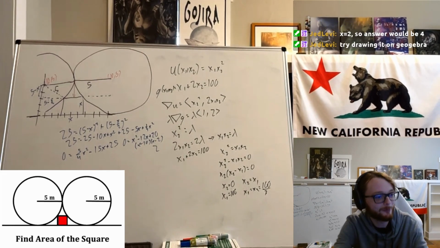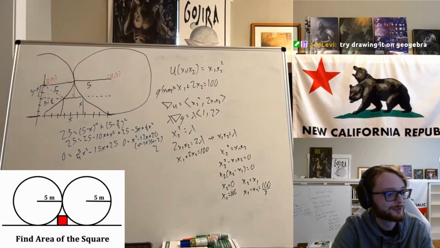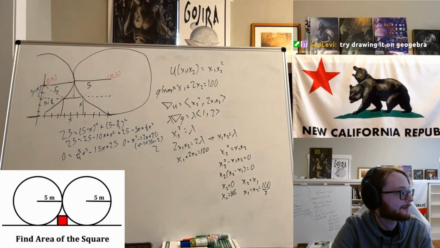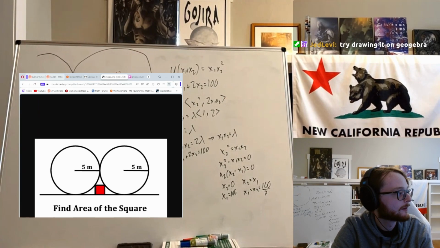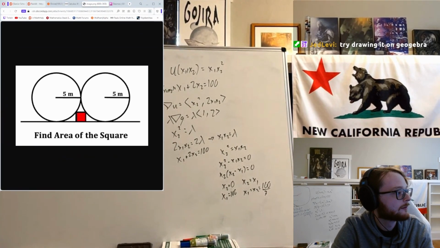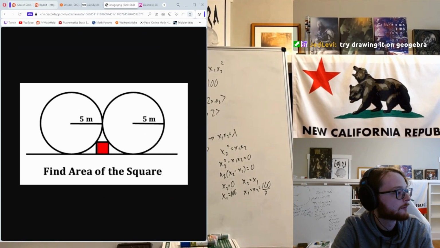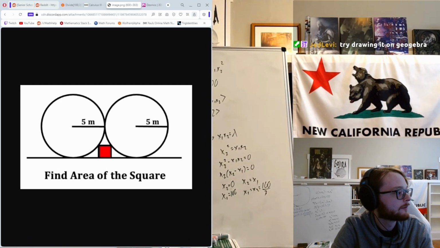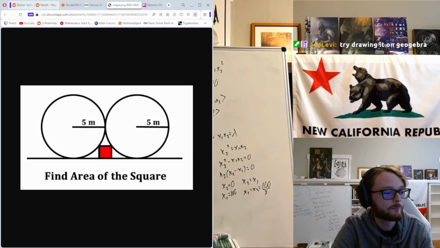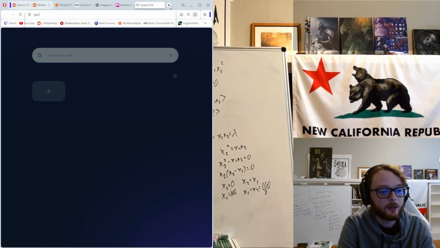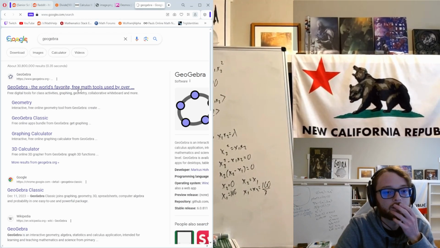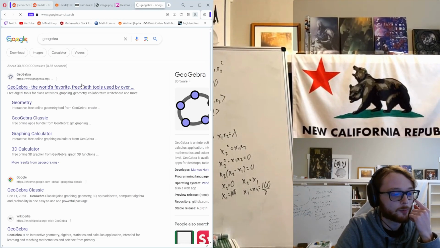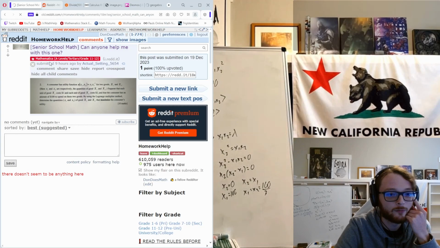Try drawing it on. I don't know how to work GeoGebra still. I haven't really played around with it much. I mean, you know what? You probably coach me on it, though. Let me open up GeoGebra. Then after this, I'll write a reply to the Lagrange Multiplier person, who's apparently in senior school, whatever that means.